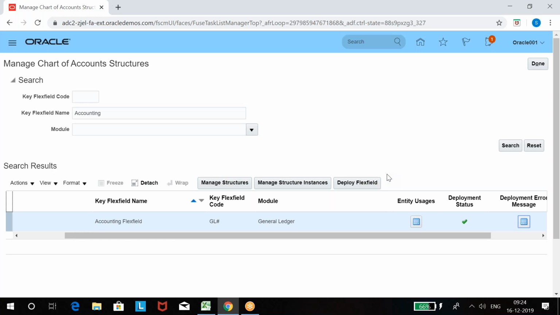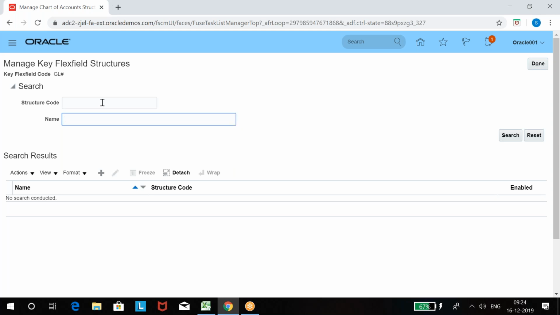In that description, you will see which chart of account got a problem. It will be like coding, but if you look through the entire description, somewhere you can see the chart of account name. Not necessarily yours, some chart of account name. If the problem is with your chart of account, it will show your chart of account name. If it is some other chart of account, that structure name will display. You have to copy that structure name, find it, and correct it. How to find and how to correct? Manage structures.